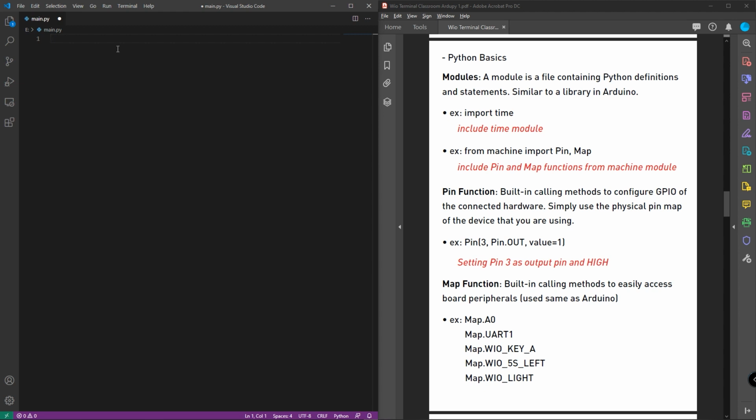As I write the Python codes for this example, I will be explaining you the Python basics as well, so that you can have a clear understanding about what's going on in the code. First we will be using modules. A module is a file containing Python definitions and statements. A module in Python is similar to a library in Arduino. So let's include the time module first. So import time, that's the time module. So include time module,